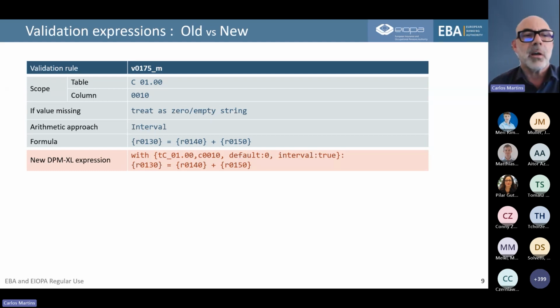So defining if the expression applies to the whole table, then you put this in scope and columns or rows. Then there are a couple of other attributes, which is how to deal with missing values and whether the interval arithmetics approach is applied or not. And then you have the formula, which in this case, it's a very simple formula.